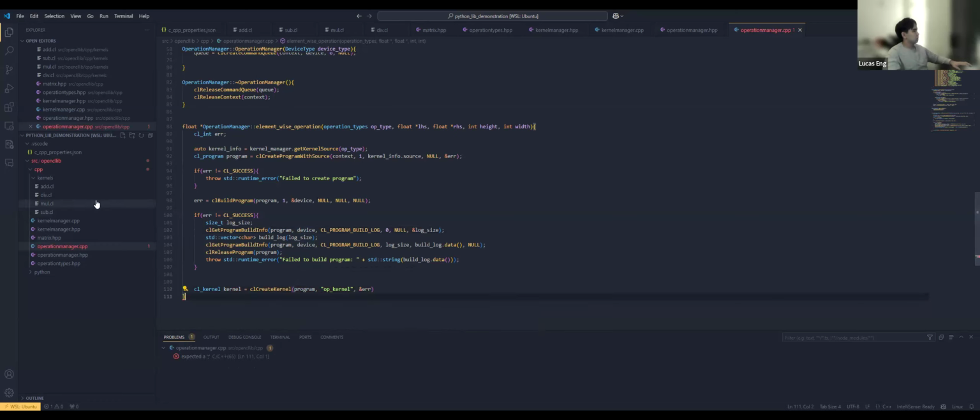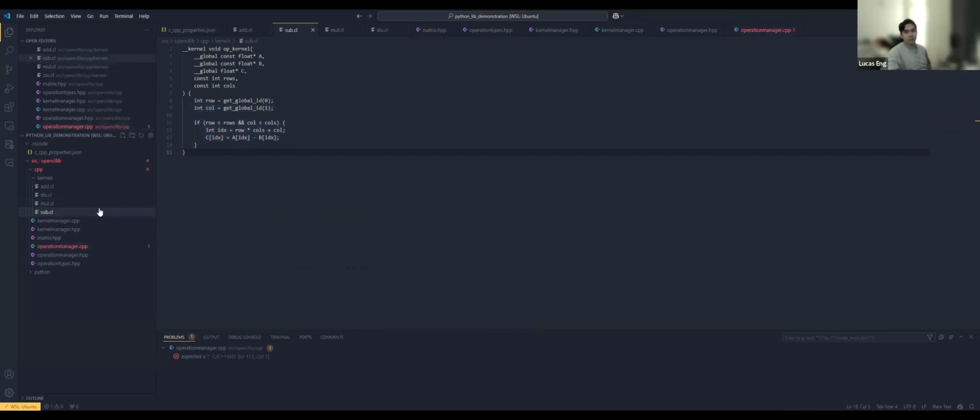You could, in theory, and this might be the smart thing to do, put multiple kernels in the same file. I'm not, because I want this to be more readable, but probably the better way to do it is to put them all in one kernel, especially if they have similar